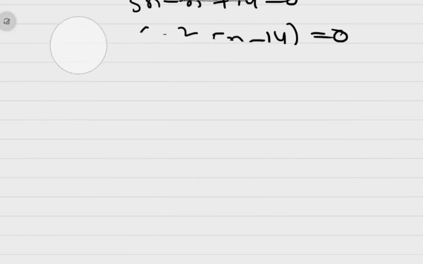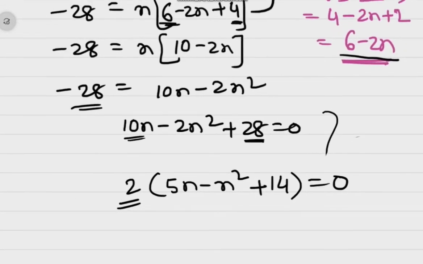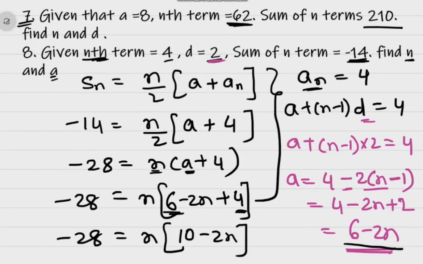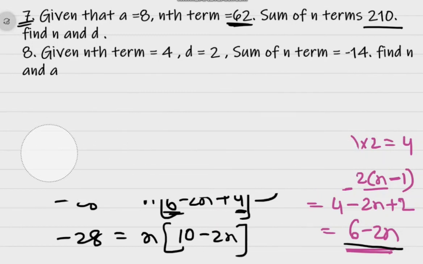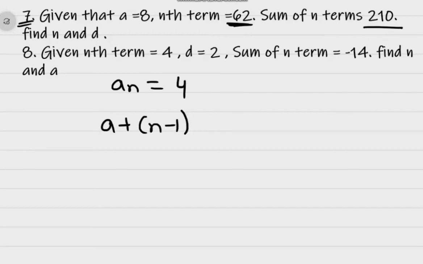Now what you have to find out? You just go into your question and find out what we need to find out actually. See, we have to find out sum of n terms, find n and a. You have to find out the value of a also. So how will you find the value of a? Simply put it in the nth term. What is your nth term? Your nth term is given as 4. an or tn is equal to 4. That means a plus n minus 1 into d is equal to 4. Now what value did you get for n? N is equal to 7.